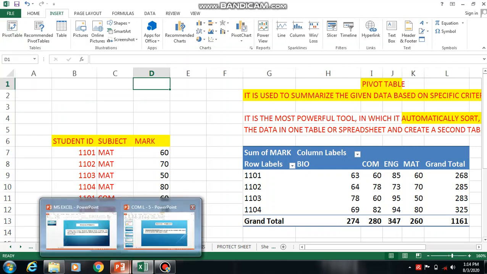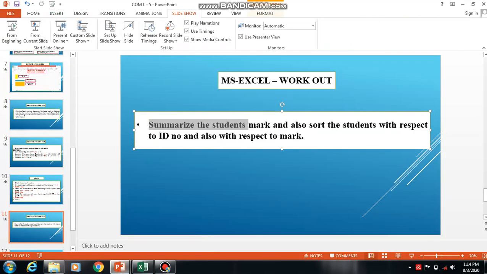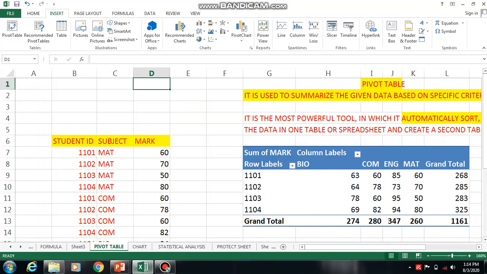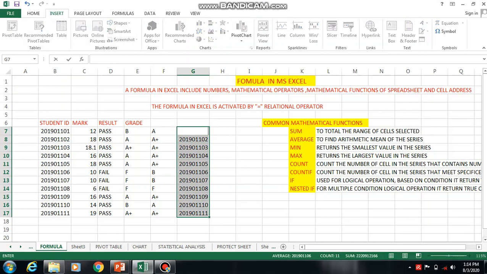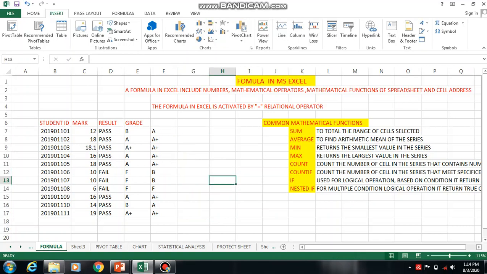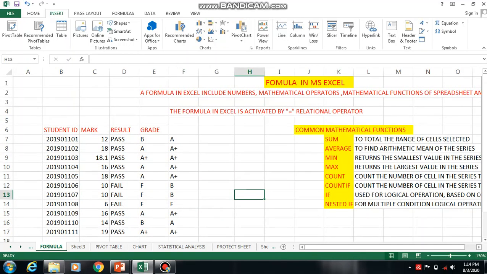So this is one. Next, I want to sort the students with respect to ID number. For sorting the students, see here, for example, this is student ID. Suppose I want to sort the students from highest ID number to lowest ID number.